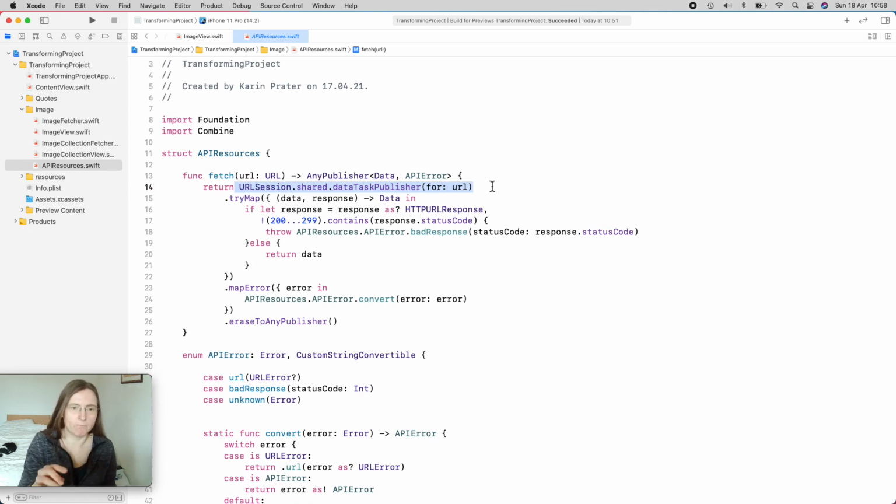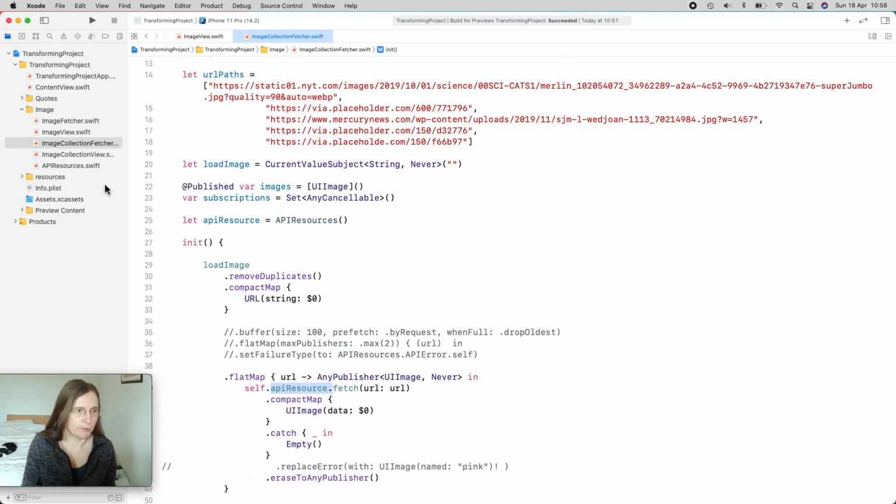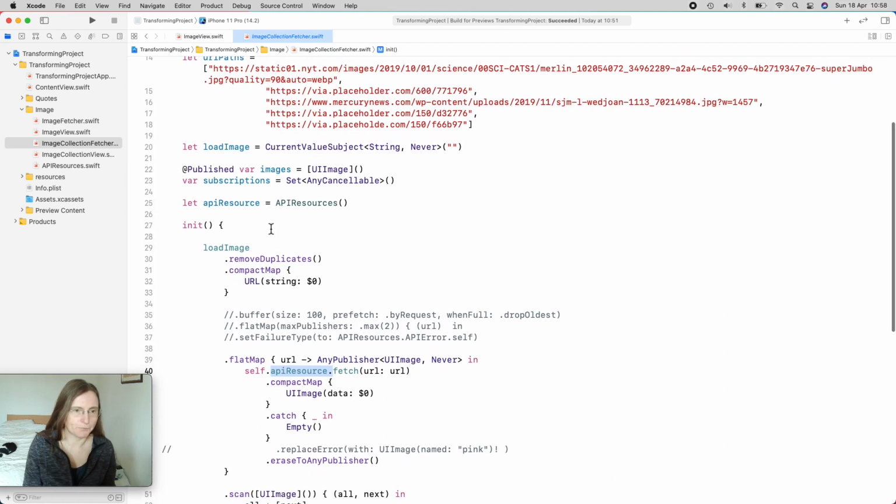So I want to mock these fetches, and since I already extracted the URLSession data task publisher in another file, this is really handy because now, instead of injecting this API resources here, I can inject my mock service. So first I need to create a protocol as a type for both the real fetches and